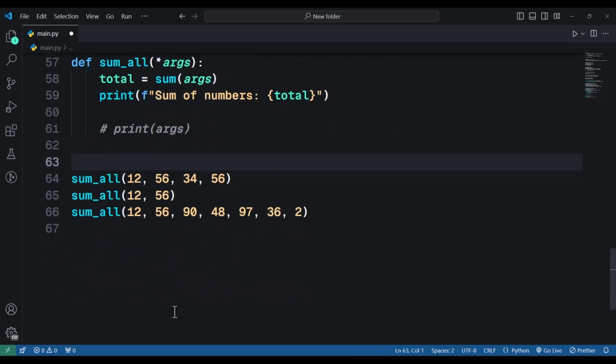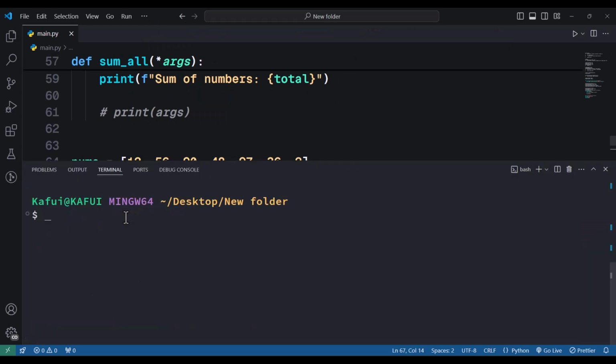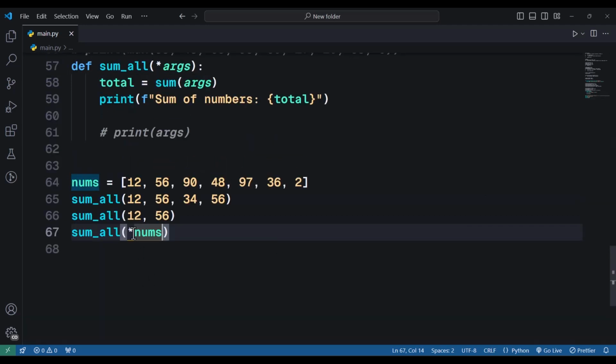So let's say I have a list of numbers. So I'll have a list of numbers, and then I'll just cut this and put them here. Now what I'll do is destructure these numbers to the function like this, and then go ahead and run my code, and you see that we still get the numbers being added. So what passing this star before the argument here will do is unpack the list. It will unpack this list and then pass those